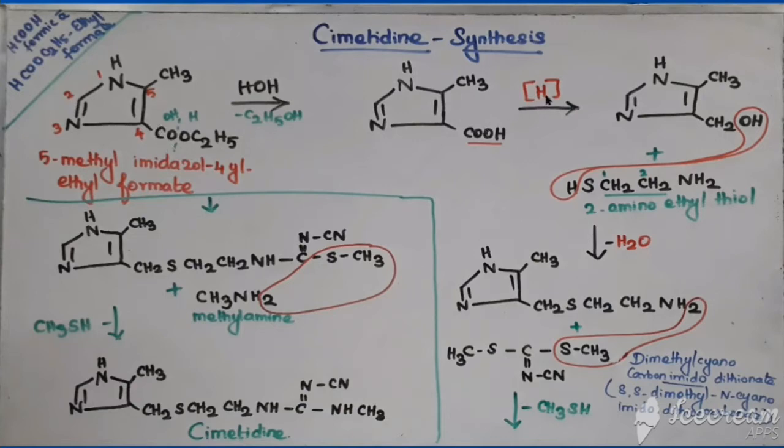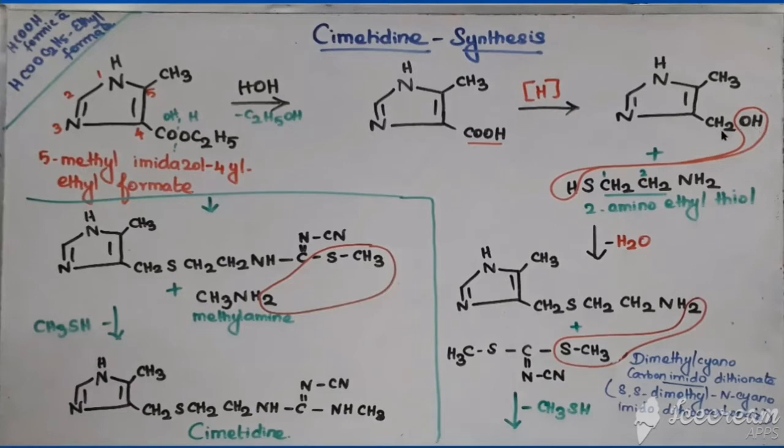Now we are going for reduction. Already we have known a primary alcohol on oxidation first gives an aldehyde. Aldehyde on further oxidation gives an acid. So what is the reverse? Acid on reduction gives an aldehyde. Aldehyde on further reduction gives a primary alcohol. So here we have an acid. So acid on reduction, what are you getting? Finally we are getting a primary alcohol. That's why we are getting CH2OH instead of COOH.